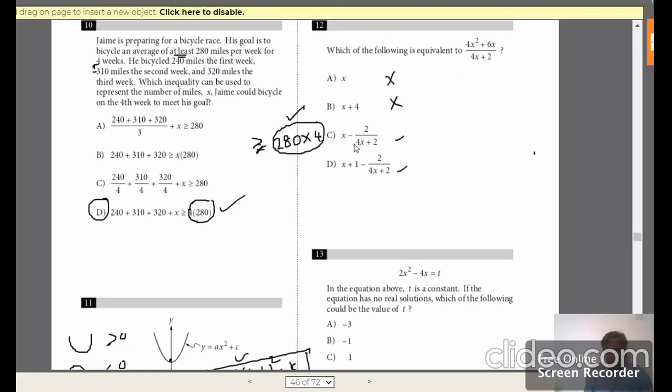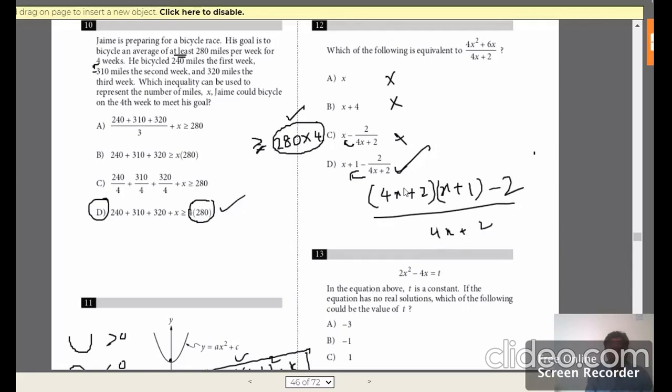But if you take this one, if you multiply it, 4x into x is 4x square plus 2x, whereas 6x you won't get even if you add or subtract the numerator. It means these also are ruled out. Your option is this one. If you want to reconfirm it, you can take the LCM, multiply it with this entire, if you take LCM, minus 2 by 4x plus 2. Now work it out by multiplying. You get 4x square plus 4x plus 2x plus 2 minus 2, remember, by 4x plus 2. You can check 4x plus 2x will give you this one. So bingo, this is your answer.